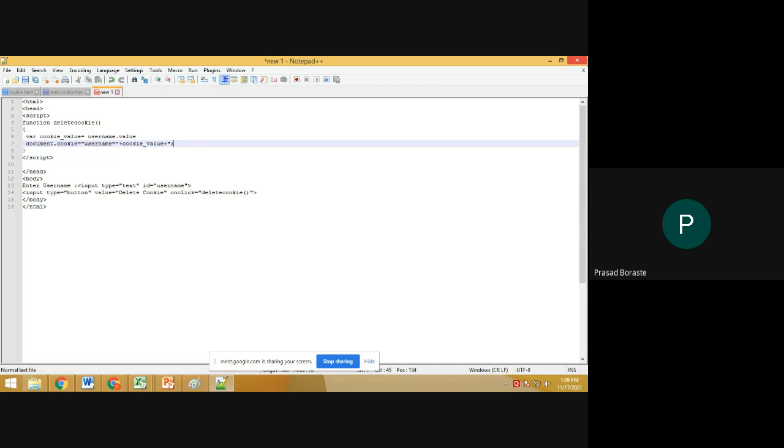Semicolon. Okay, for expiry, see what we have to write: expires equal to, suppose today is Wednesday.